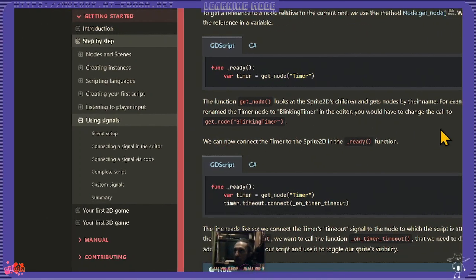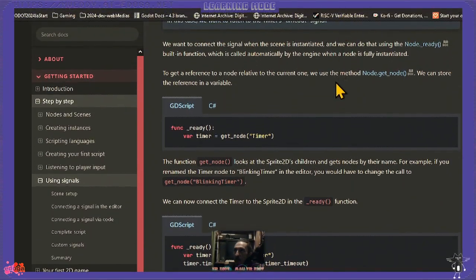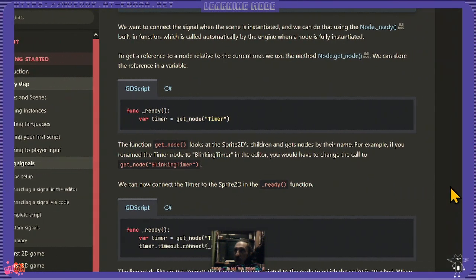Come on, don't jump around like this. Sorry people about this, but